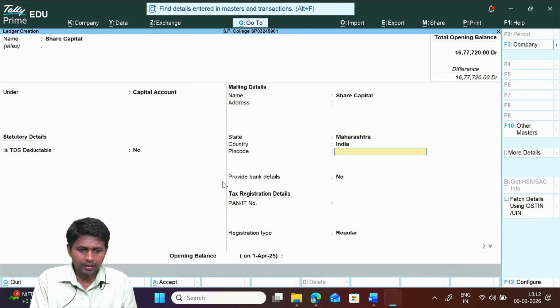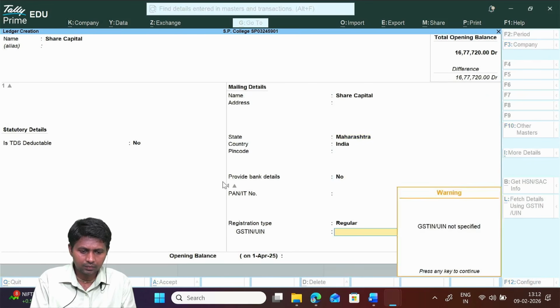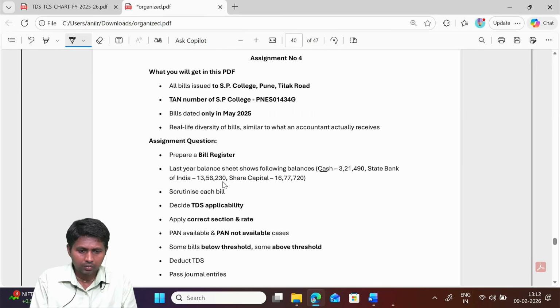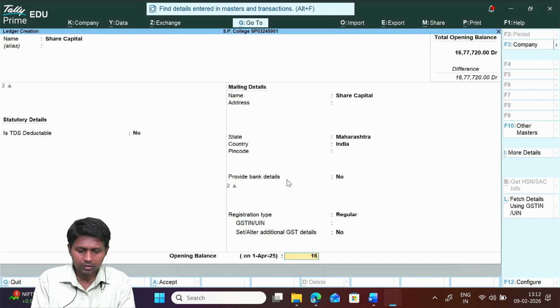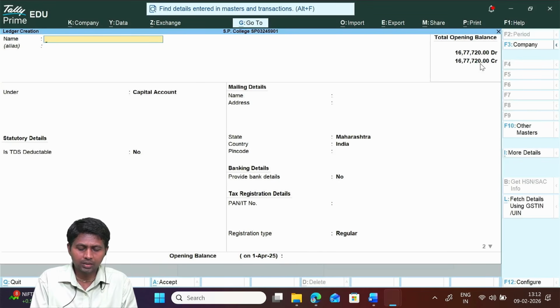Given balance 1677,720. 1677,720. You will get here debit and credit equal. That means our opening balance sheet is tallied. And then what I said here, after creating these ledgers,